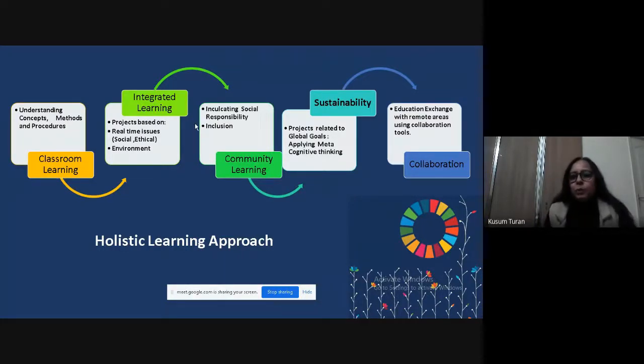So who is responsible for cleaning it? It is not always the municipal corporation doing it, so we have to take the responsibility. That is what community learning is. How will you inculcate this kind of learning or awareness among children, so that they identify this issue and solve this problem? When I go for community learning, I always apply metacognition.